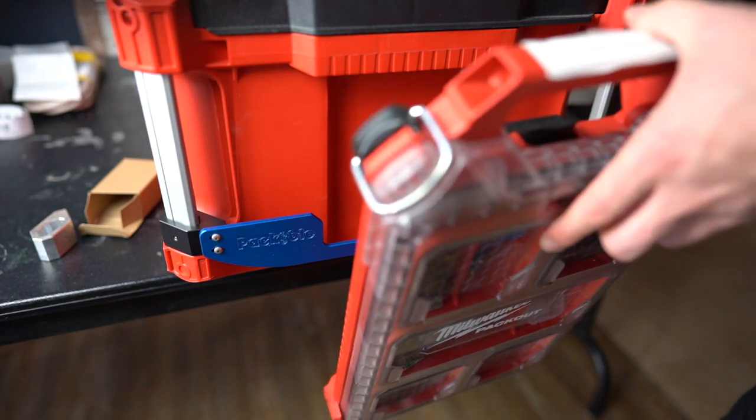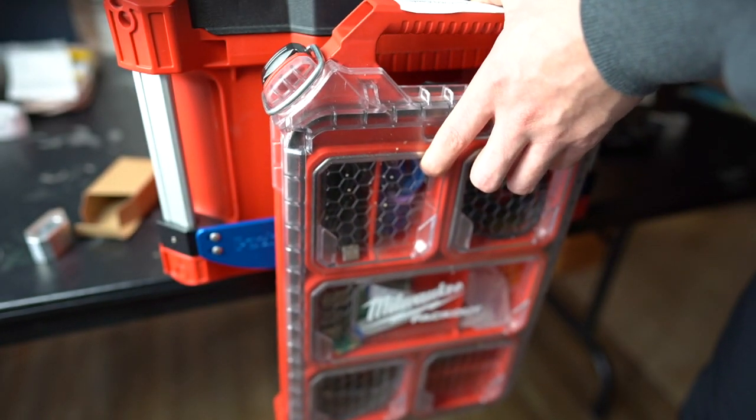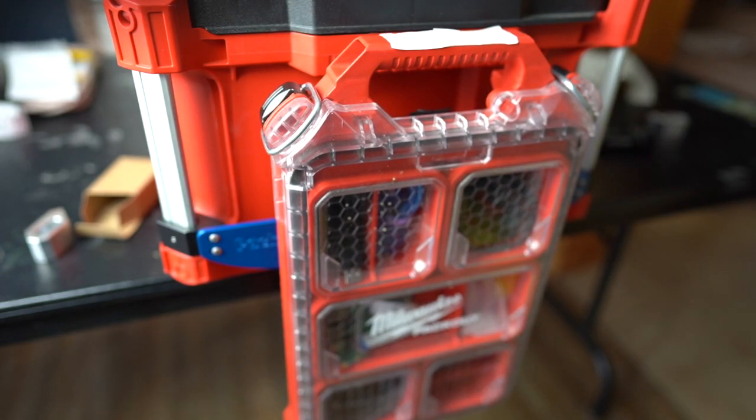Now what you're going to want to do is start with the Packout box at a little bit of an angle back away from the box. Take that top Packout cleat, push in and down, and then the box is now on there. Now what you want to do,